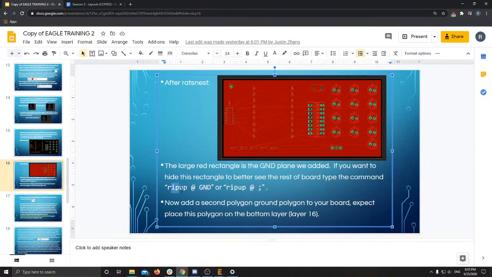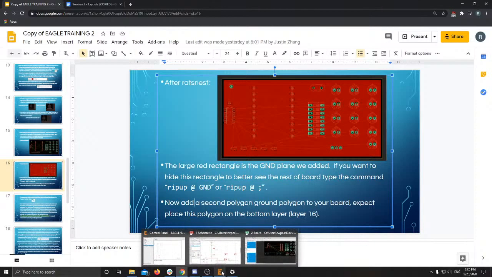So again, these are two other ways to do the rip up. This is probably easier because you don't have to click around for the trace. So now we're going to add a ground plane on the bottom. This is helpful so that when you do two-layer boards, anywhere that one plane can't reach, the other